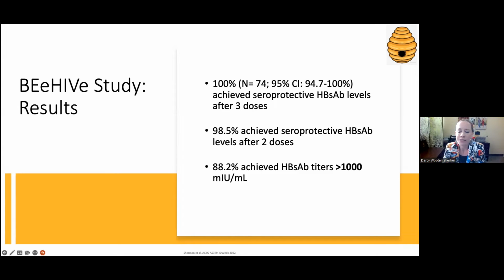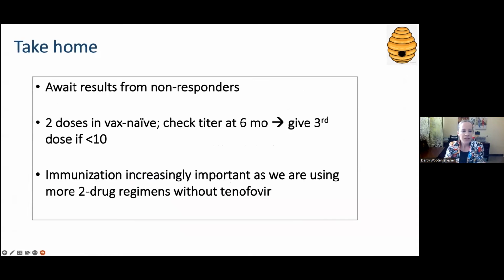So this is looking to be a really, really good vaccine for people who are vaccine naive. Not everybody converted after the 2 doses, but almost everybody did. And so I think the take-homes from this and this larger study are that, for me, I'm awaiting the results from the non-responder group, group A, because that's going to be really important. There are obviously specific characteristics about those patients that make it more difficult to achieve seroprotection after vaccine. And the question is, will this more immunogenic vaccine help with those patients?